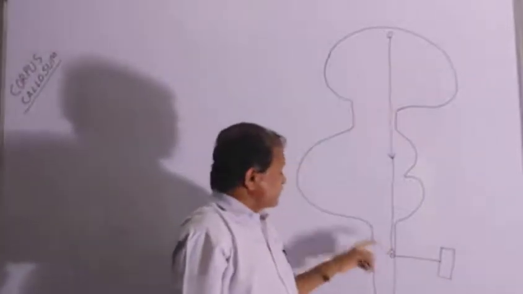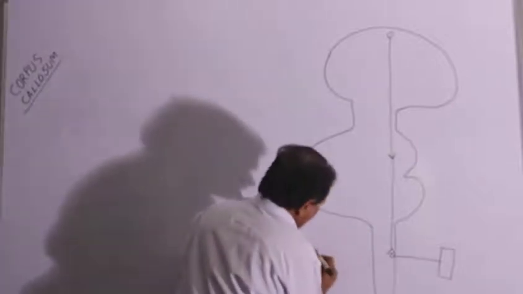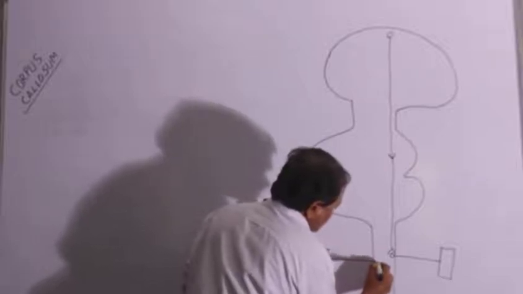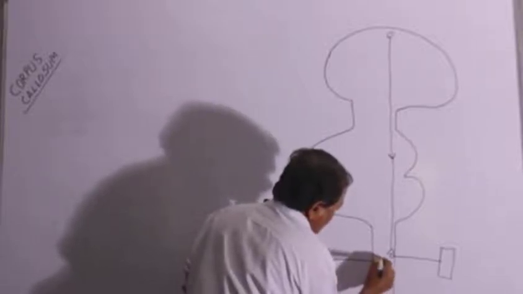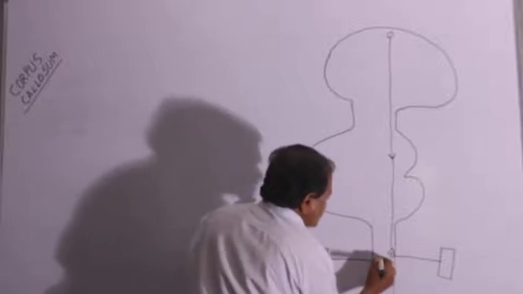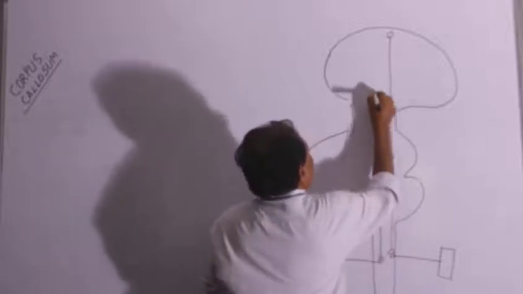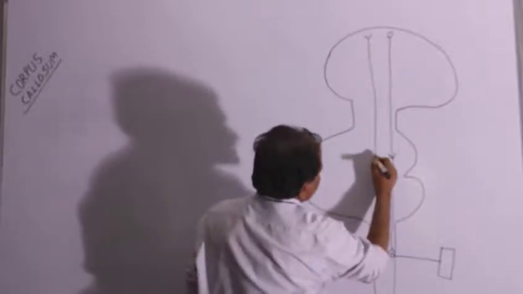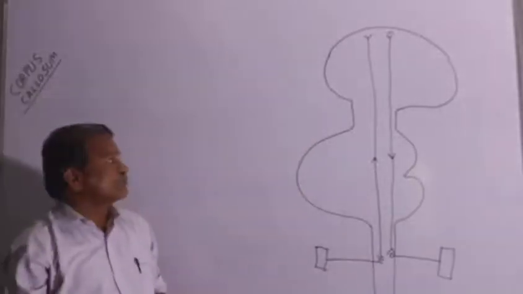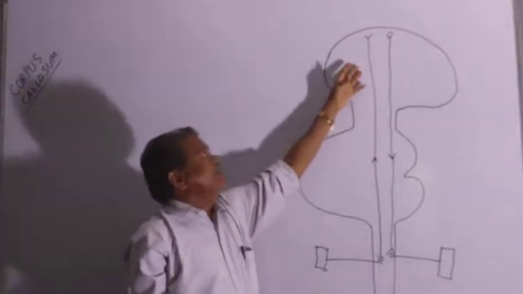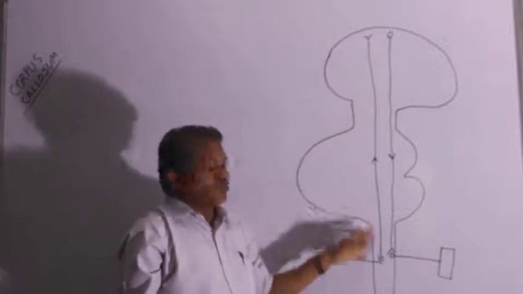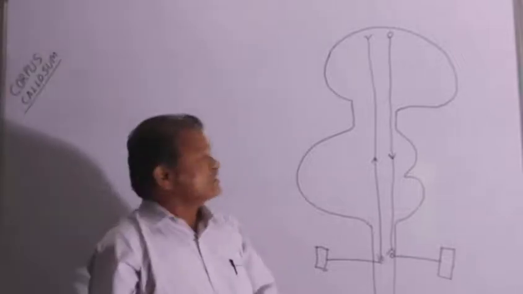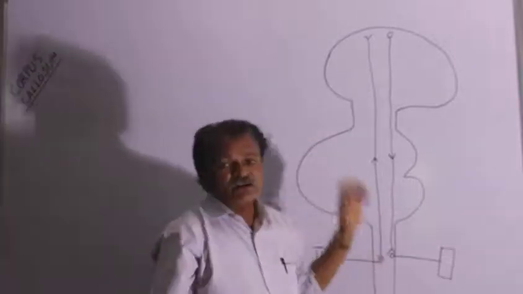And here is another skeletal muscle, and this one is an axon, and it terminates here and starts moving upwards and goes here, and its direction is upwards. The fibers which originate from the brain descend downwards, come out and stimulate the skeletal muscle. This type is called the tracts.